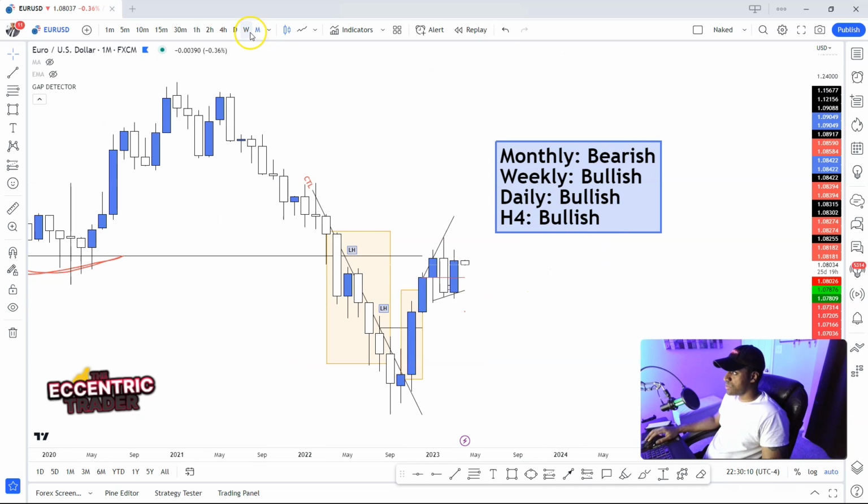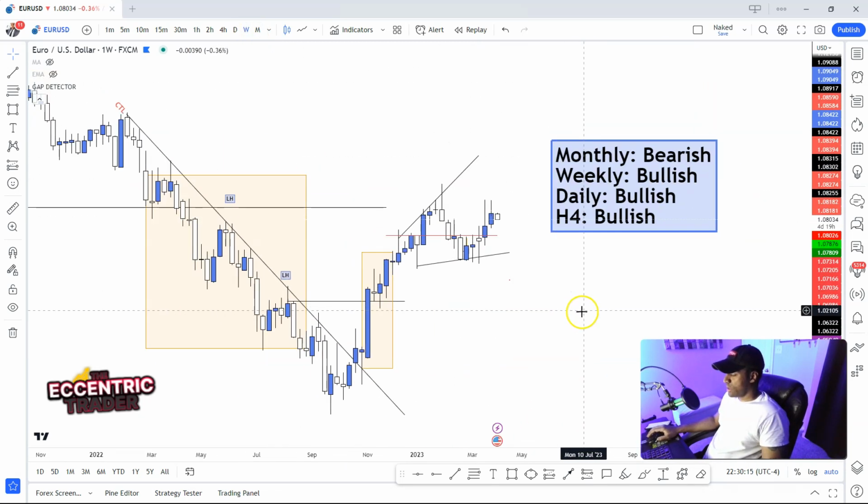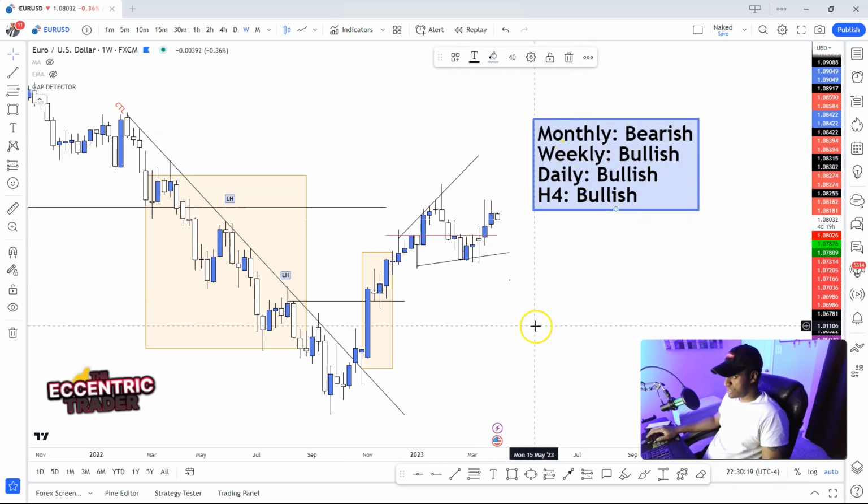All right, so let's go to the weekly time frame. All right, so the weekly is still bullish. This lower high right here was broken. Let me see, 1, 2, 3, 4 candles right here. That was that break. So on the lower time frames, we should see some type of break of resistance,